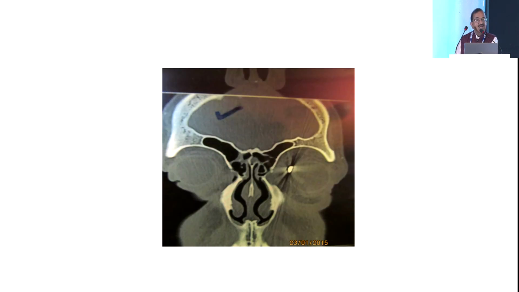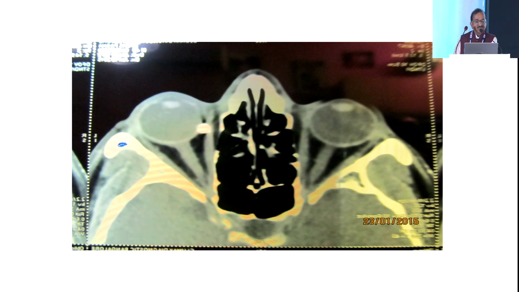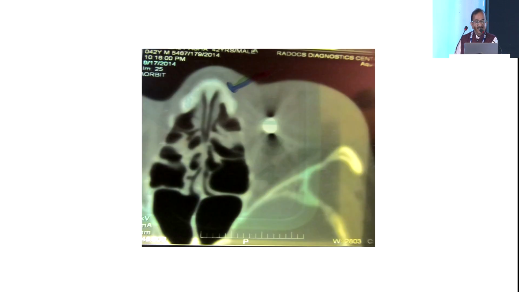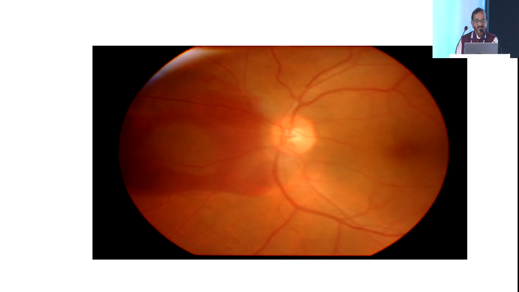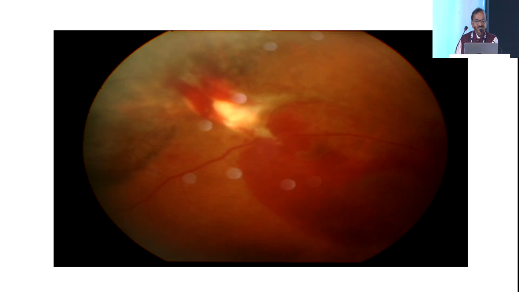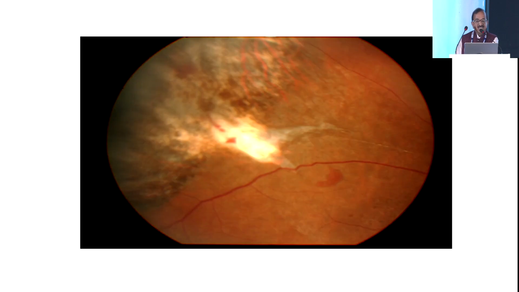This was when we resorted to a CT scan, and that showed a large radiopaque foreign body wedged between the globe and the orbital tissues. This kind of picture is usually described with firearm injuries, but this was probably a metal which had got wedged, and this happens due to sudden deceleration of the momentum of the foreign body as it gets wedged between tissues, and there is a kind of concussion injury. The sclera remains intact, but the choroid and the retina tear. This was a classic case. We did a vitrectomy, and these were the post-operative pictures, and this is the bare sclera there. So the sclera doesn't tear, but it's the choroid and the retina that tear, typically described as